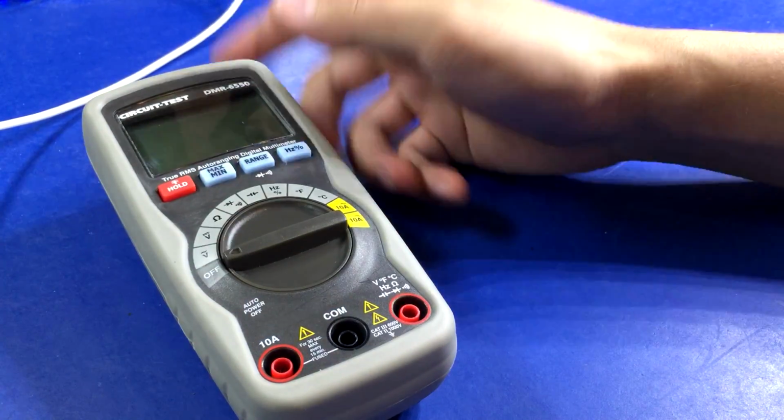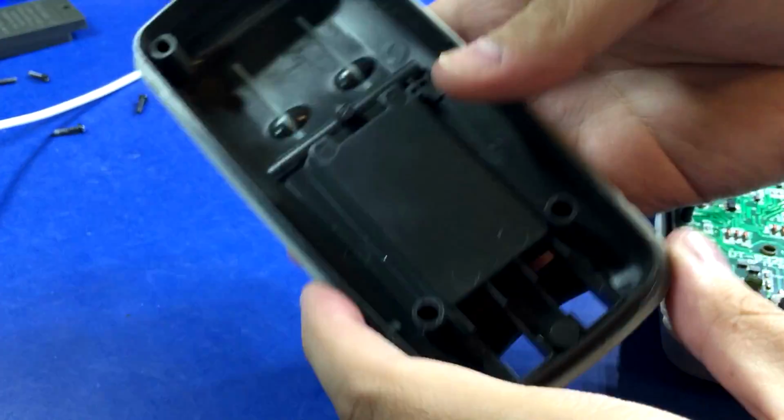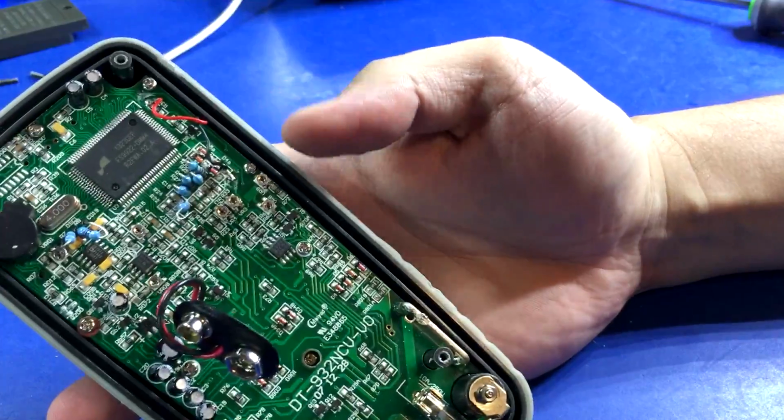Okay, time for the Circuit Test DMR 6550. Okay, so I got it open. There's no shielding on the back, which is disappointing. Uses a shitty soft battery snap. Well,